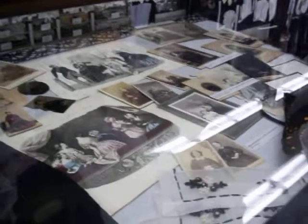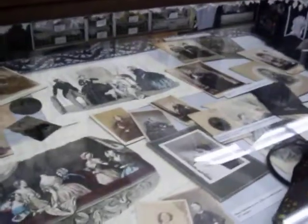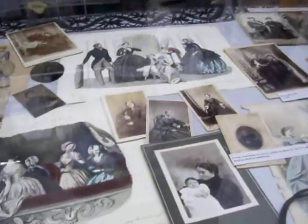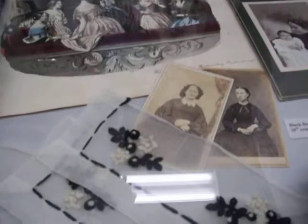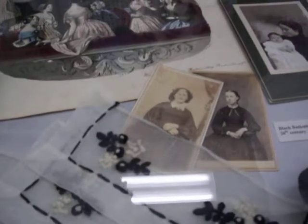In this case, we've got some really wonderful cards related to mourning. That's called ephemera. There's some fashion plates as well, some of which feature mourning. Down here on the left-hand corner is a mourning handkerchief. It's embroidered in black and white with a black